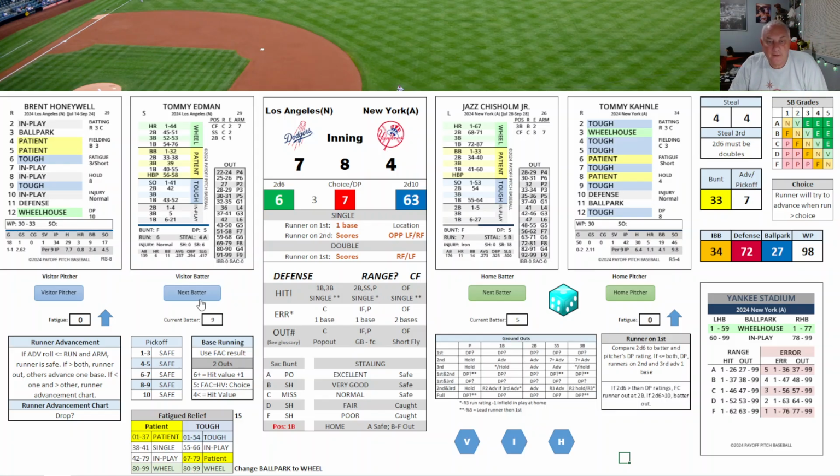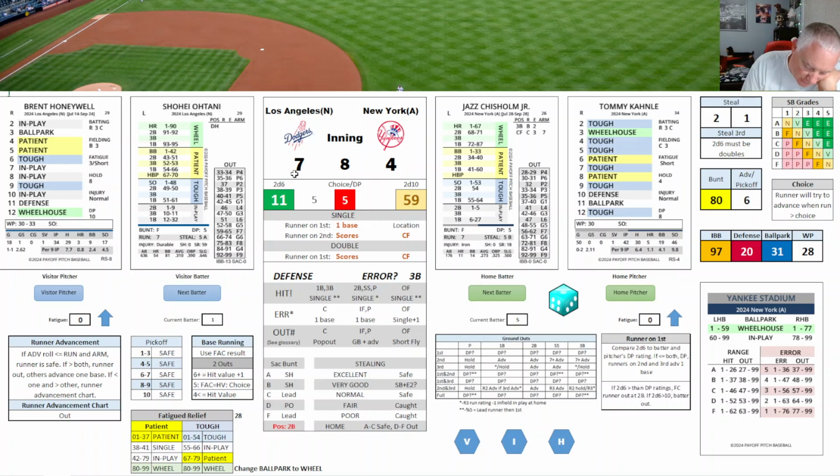2 down. For Ohtani, his intentional walk range is at 13, and they will not walk him. They're going to pitch to him, which is a mistake because it goes into the ballpark, 31, wheelhouse, and gone. Ohtani, with his 2nd homer of the game, may have just done it. May have put this one away. So 11 is ballpark. Ballpark 31 is in the wheelhouse, 59 home run. Ohtani, 3 for 5 with 2 home runs. It's 9-4.